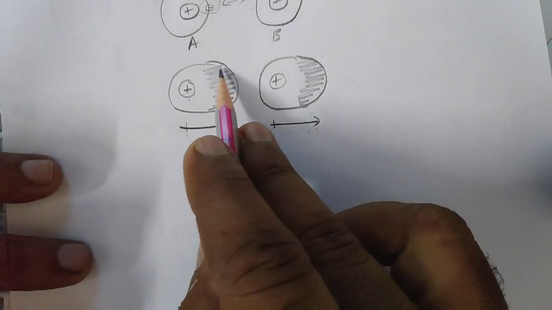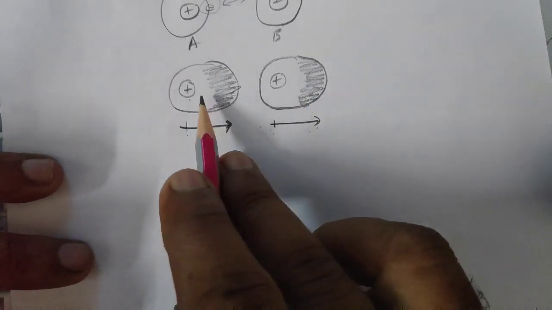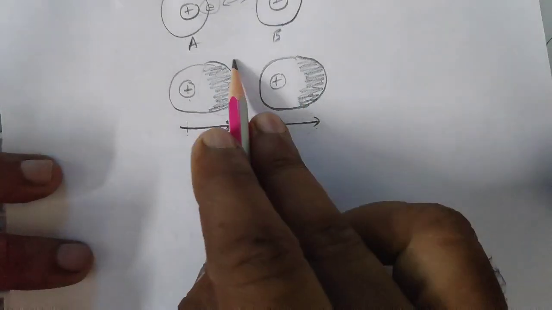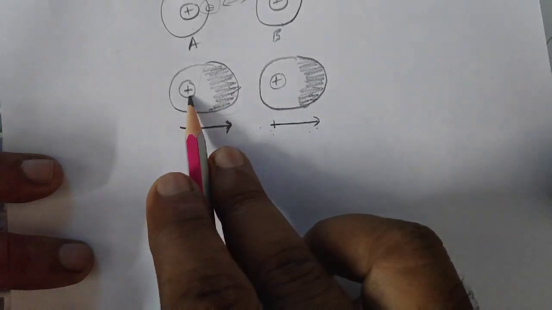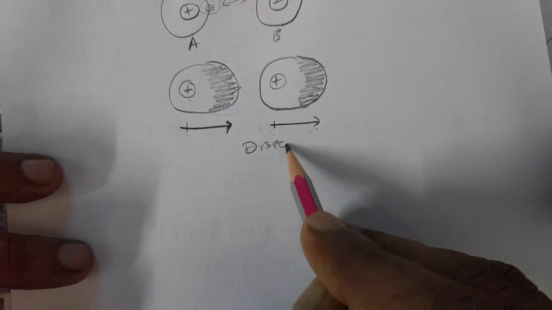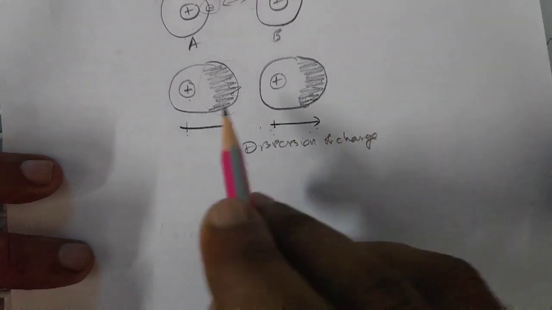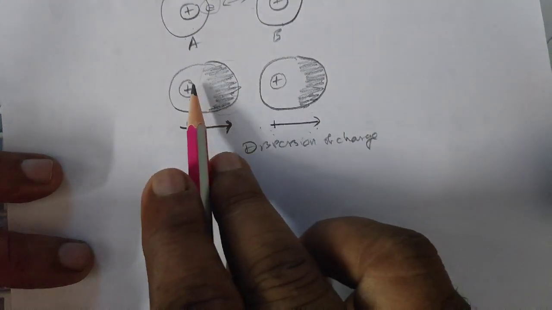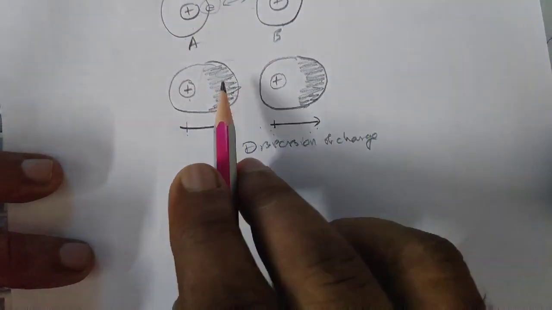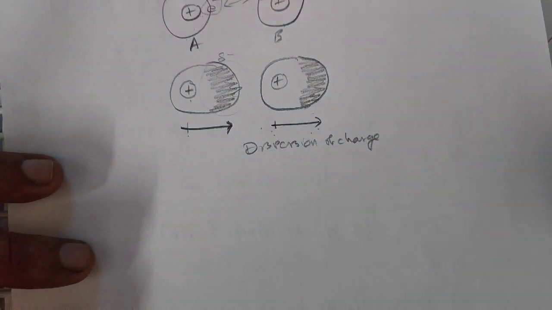So all electrons will gather at these positions, and due to this you can see there is an electron cloud here. There is a dispersion of charge. What is the word? Dispersion of charge. You can see electrons will move this side, so the charge is distributed on this side. These electrons are there, so which charge? Minus charge, right? So now we will see this same thing from your textbook.